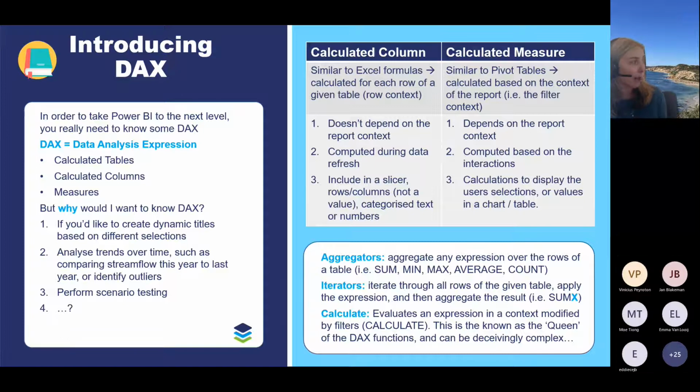And we can also write DAX measures. So DAX measures is really, I like to think of it a little bit like a virtual calculation, where we store the calculation, very similar to how pivot tables work. And the calculations are computed based on the report interactions and how we're using them within the report. So today, all my patterns are actually going to be focused on DAX measures.